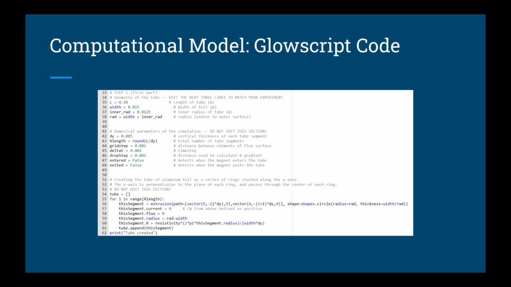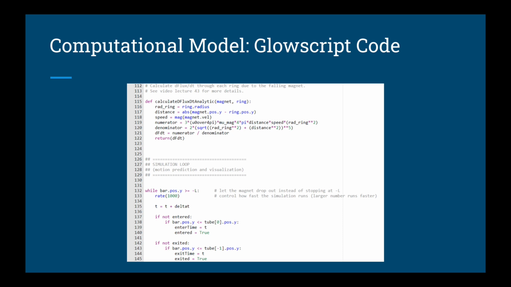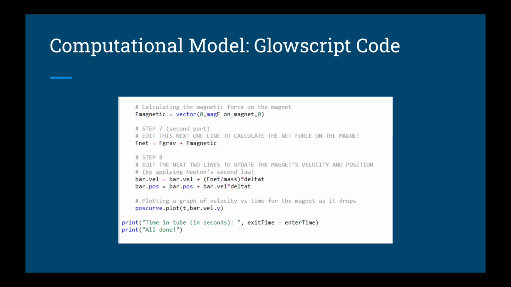In the screenshot, we see the dimensions and measurements of the components for this experiment. Here, this section of the code establishes the size and dipole moment of the magnet as well as the magnetic field. Here we see the calculation for the d flux divided by dt for the partly entered material. Here, we see the calculation of the magnetic field. And then here we see the calculation of the net force on the magnet as well as the magnet's velocity